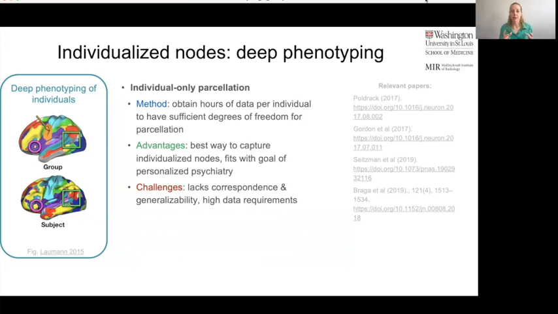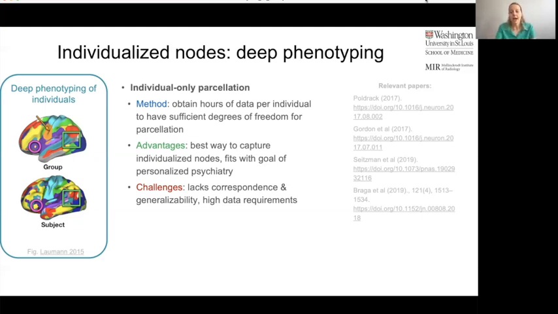So often what we end up wanting to do is compare different scans to, for example, compare patients versus control or look at associations with behavior or with symptoms. And for that, you've got to be able to compare apples to apples and oranges to oranges. And when you're running a completely separate parcellation for separate individuals, that correspondence of being able to say, is this node in person one the same as this node in person two, can be challenging when you're running these analyses separately. And similarly, generalizing your results to other papers can be challenging, but most importantly, one of the challenges with